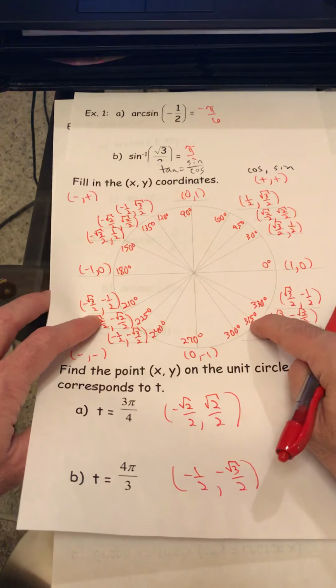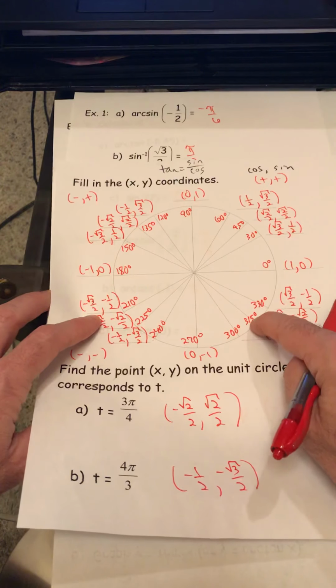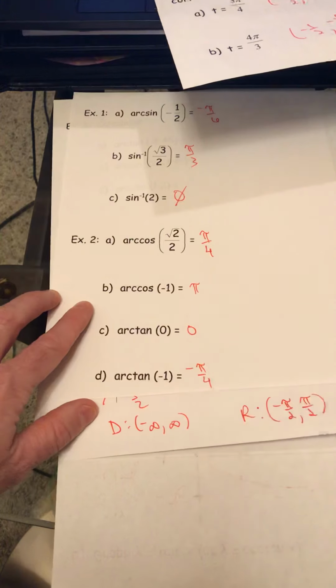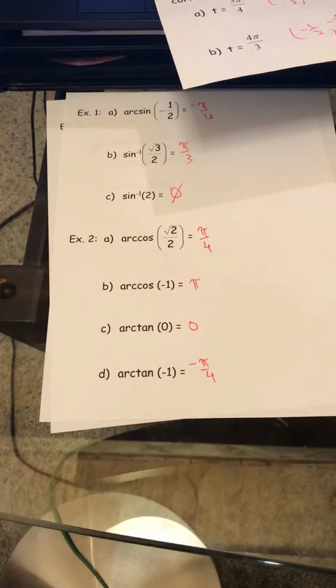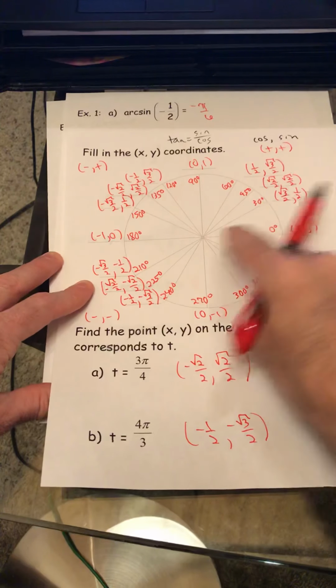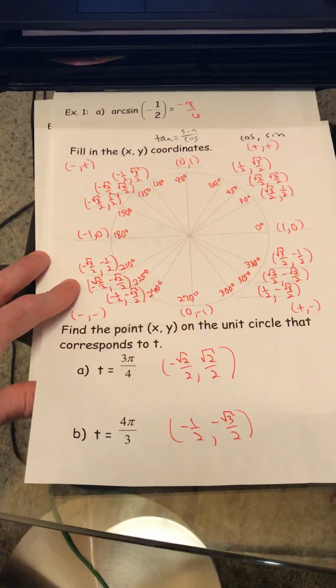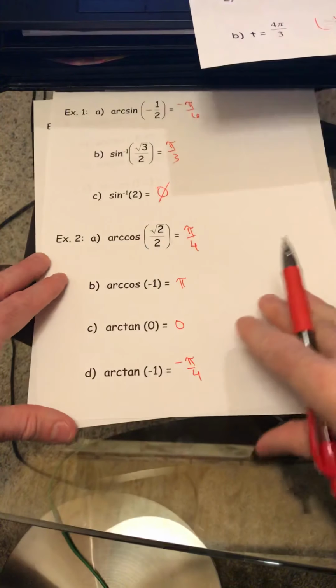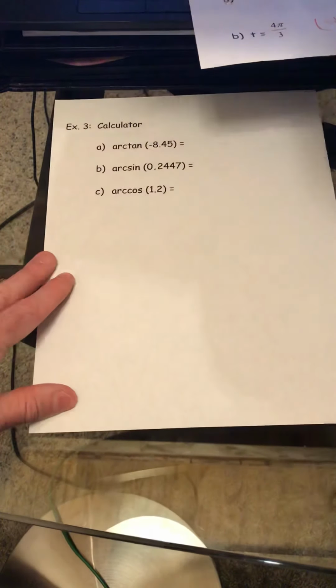Take the shortcut, negative pi over 4. That's one of the big issues that usually makes this section the most confusing: we are making you work in a clockwise direction at least some of the time, especially with inverse sine or inverse tangent, arc sine or arc tangent. As far as your calculator goes,